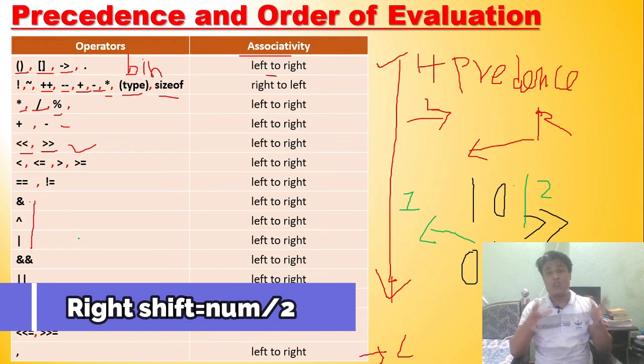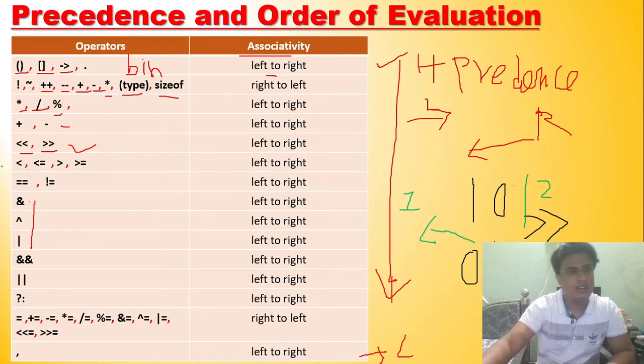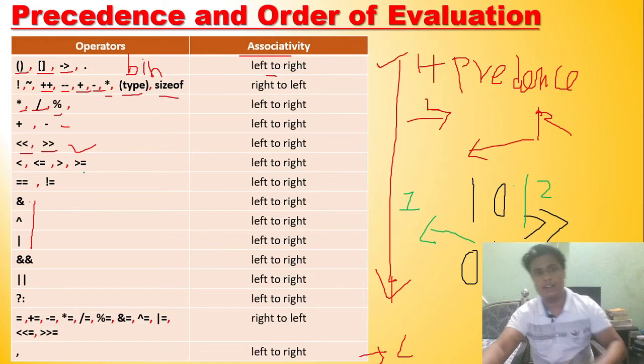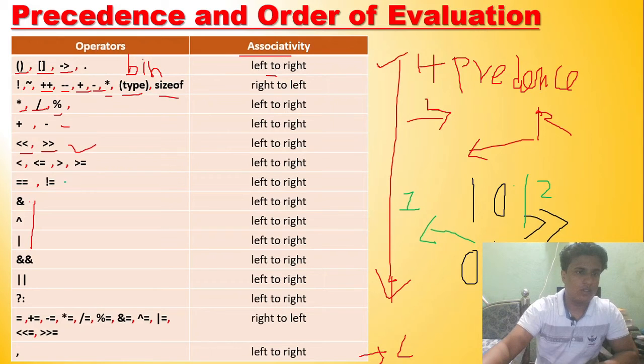You will learn more about it once you have a basic understanding of binary numbers, as I will teach you in an upcoming lecture. Okay. So these are what I have told you: less than, greater than, less than or equal to, greater than or equal to, which I have explained in the operator part. And these are equal to, and these are not equal to.